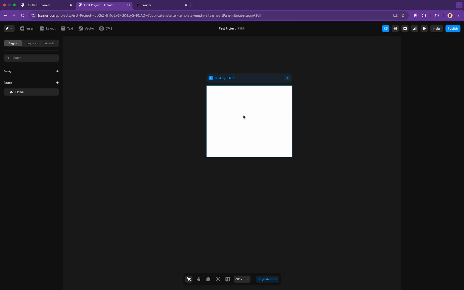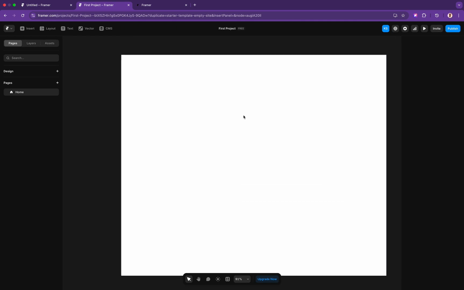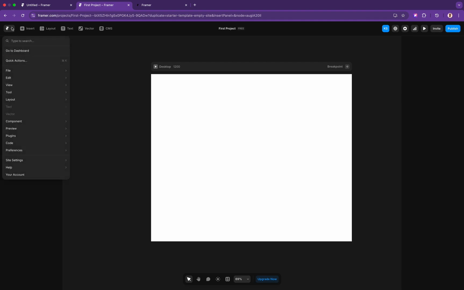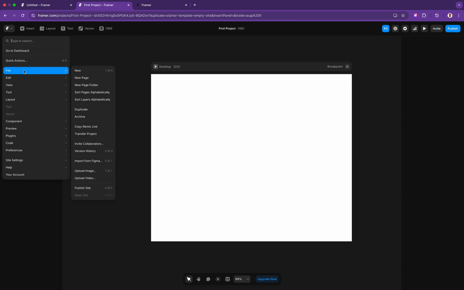Then you have your canvas, you can move around, you can zoom in, zoom out, right? So let's start from the left side because I like to start from the left side. It's the same styling as Figma, nothing different. You have the quick actions, right? You have the file, you can create a new page, you can create a new folder,